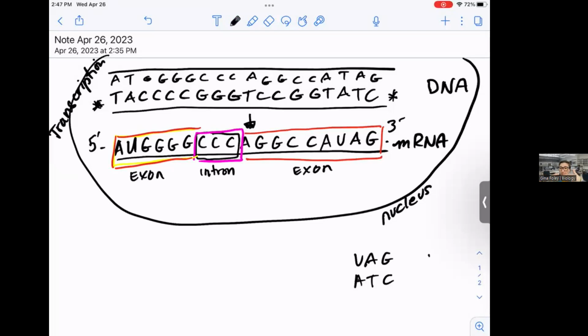So this way I always remember it. Exons get spliced together and exit the nucleus. Introns get spliced out and stay in the nucleus. So that's how I always remember: introns stay in the nucleus, exons are the important ones, and they go out of the nucleus. So now what's going to happen is we're going to get rid of that intron and recreate our